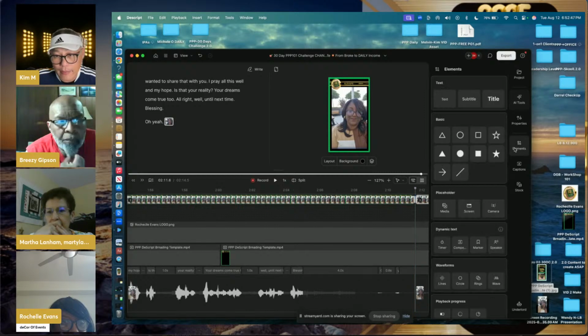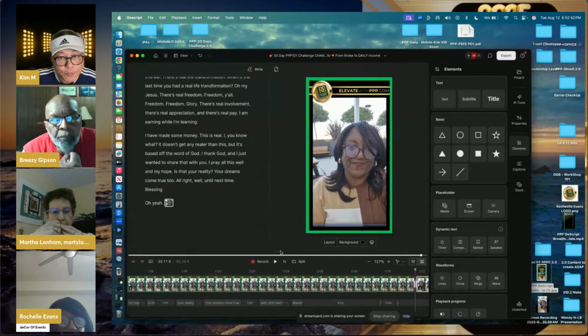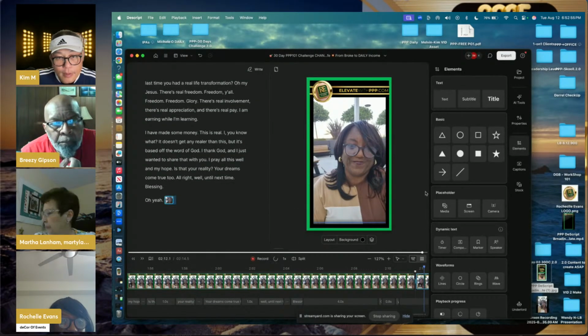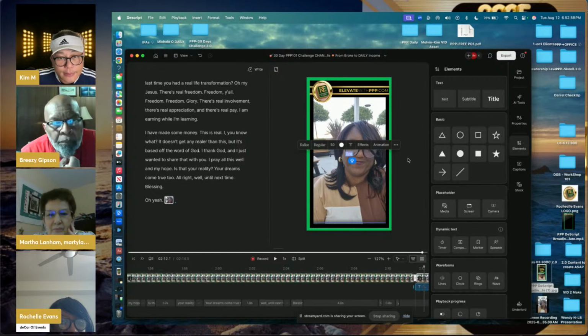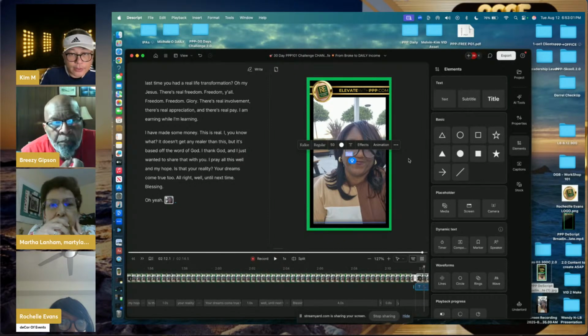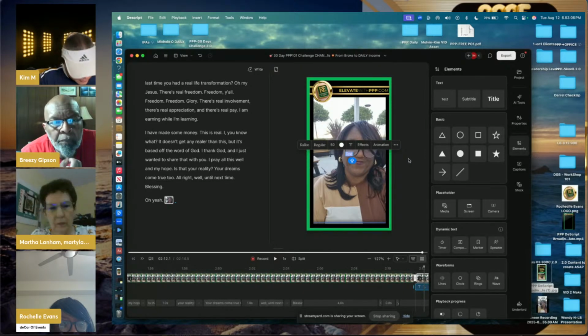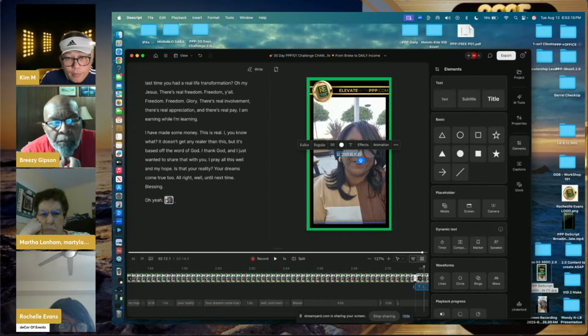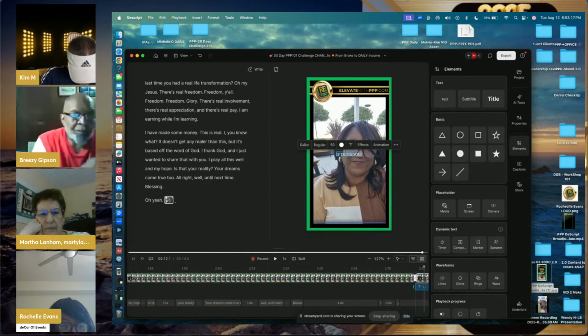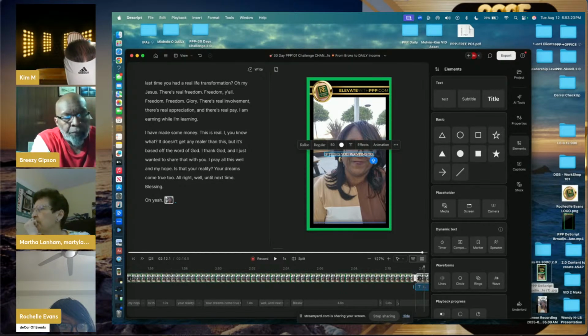We're going to go to elements and we're going to add a text. So we're going to make this bigger right here. It's going to type the text. Okay, we're going to look for a CTA. So we'll say, if this is you wanting to make a change,